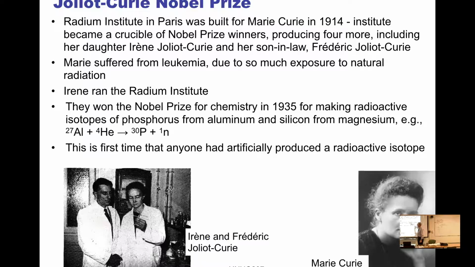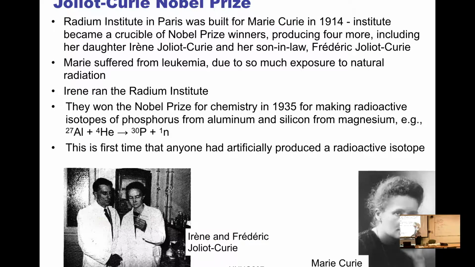The advance here was by Marie Curie's daughter, Irene, who married Frederick Joliot, and they worked at the Radium Institute. The Radium Institute was started by Marie Curie after she got her 2 Nobel Prizes in Paris, near the Sorbonne. As Marie got older and sicker, Irene ran the Radium Institute, and their big advance,